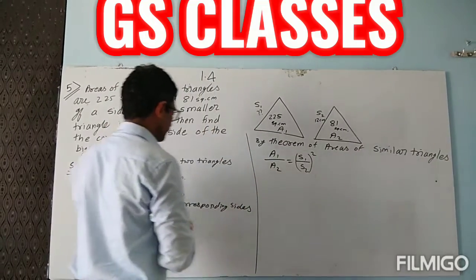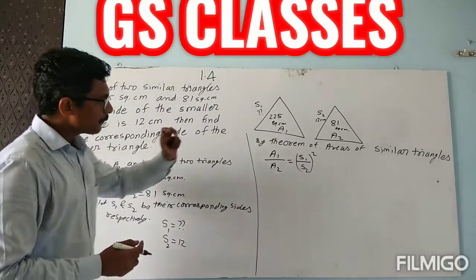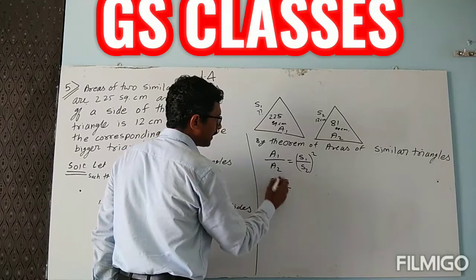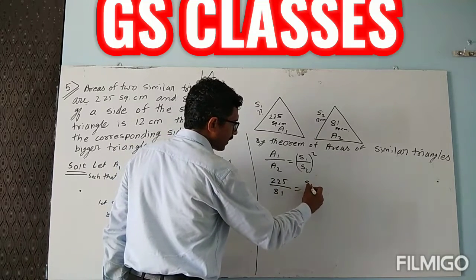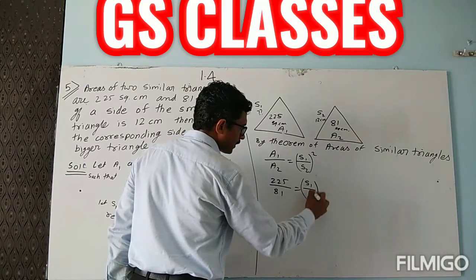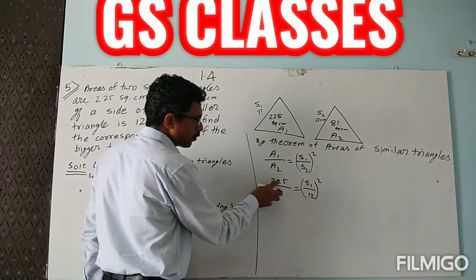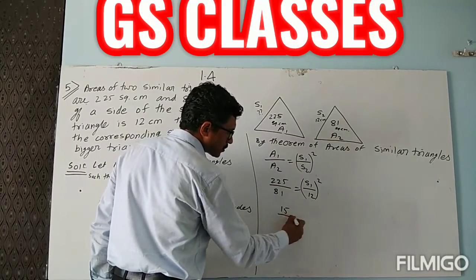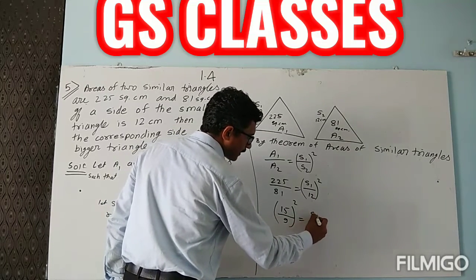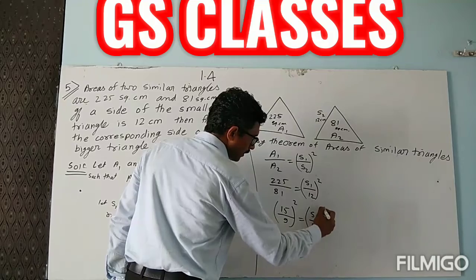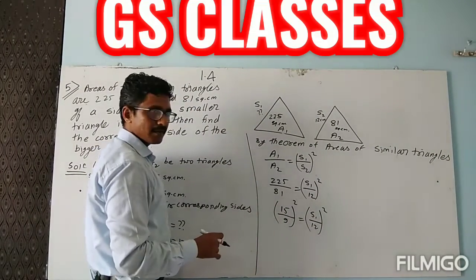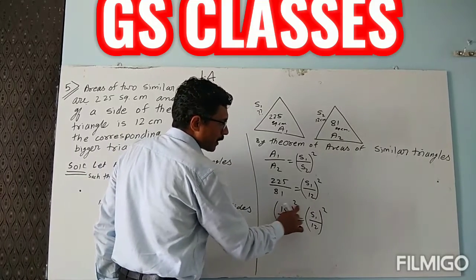Now children, we will put the known values. A1 is 225 upon A2 as 81, and S1 and S2. S2 value is 12. These are all under the square. Children, you know that 225 is actually 15 squared and 81 is actually 9 squared. So if I write them as the square of 15 and as the square of 9, then easily I can remove squares from both the sides